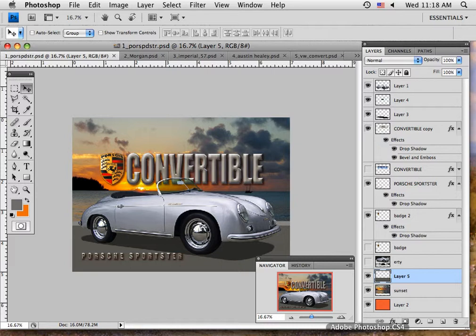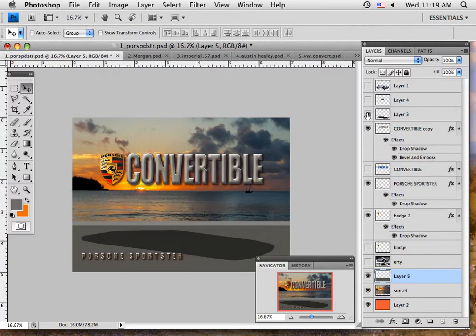Now the one I have up here is the start of a series of 6 called Convertible. It has a Porsche Convertible, and there is the word convertible, the Porsche logo sitting here, and the subheadline Porsche Sportster. You can see that if I turn off all of the images over here, the one that I've worked on,